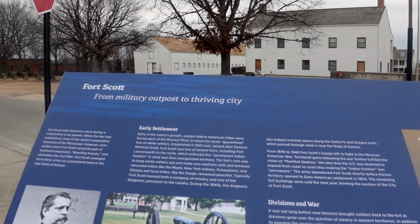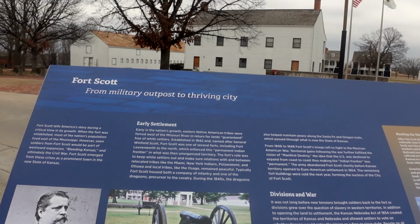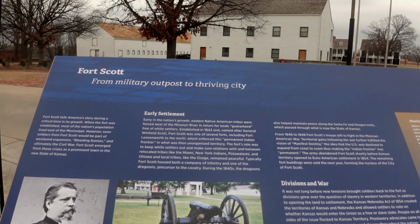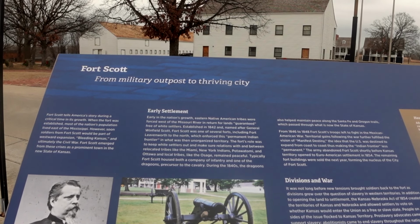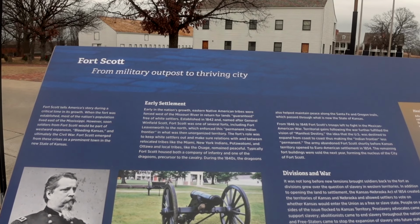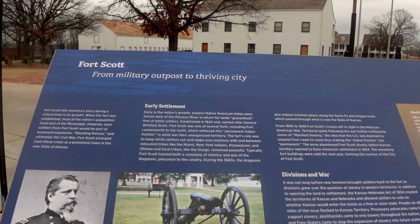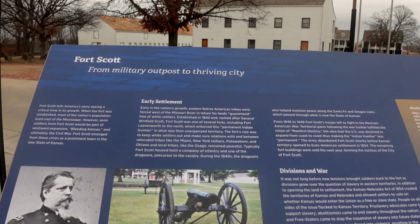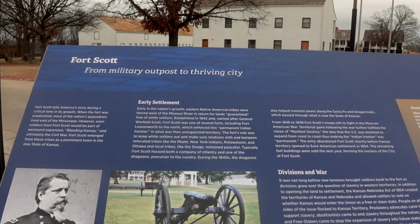It says it was established in 1842, named after General Winfield Scott. Fort Scott was one of several forts, including Fort Leavenworth to the north, which enforced this permanent Indian frontier. In what was then unorganized territory, this fort's role was to keep white settlers out and make sure relations with and between relocated tribes like the Miami, New York Indians, Potawatomi, and Ottawa, and local tribes like the Osage remained